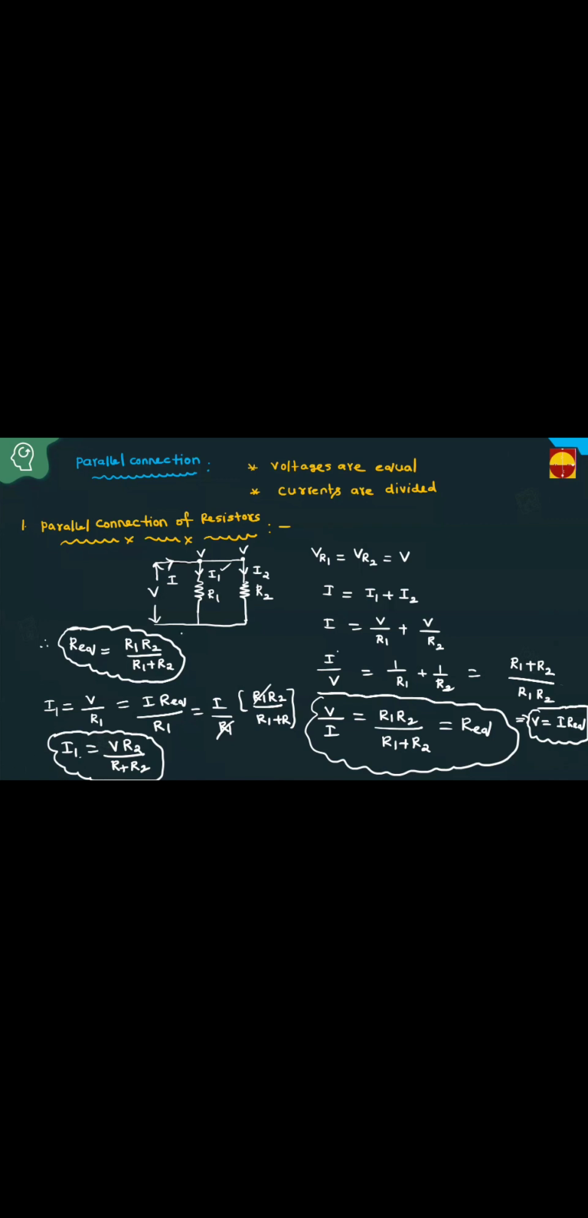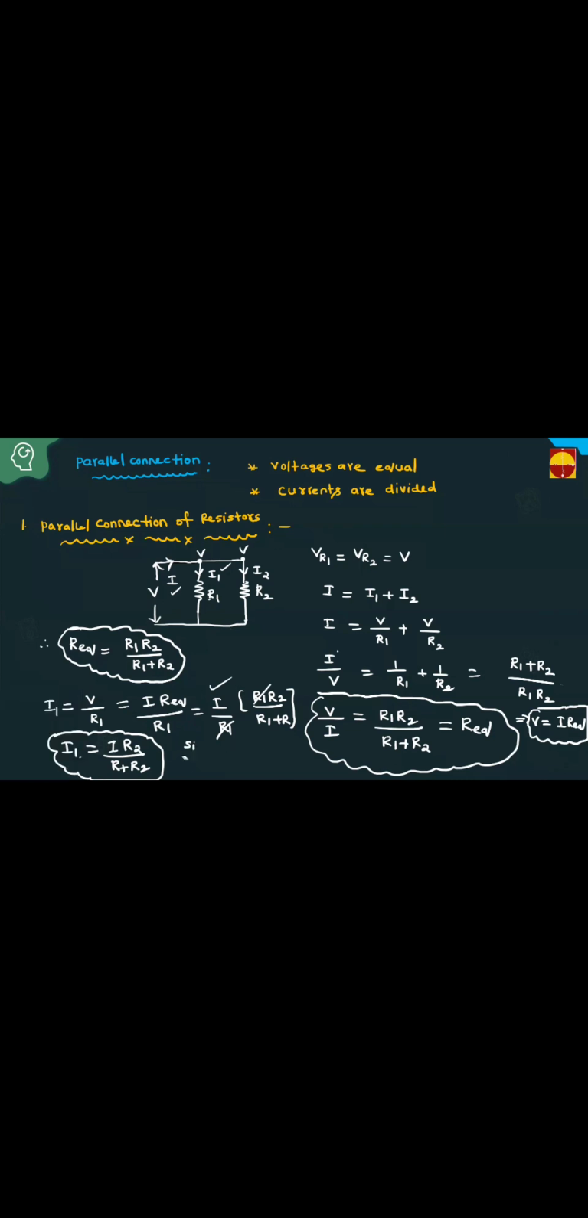Sorry, one minute. This is not V, it is I. This is I. If you have to calculate I1, take the total current and take the opposite resistance. Opposite to this one is R2. That is I into R2 by R1 plus R. Similarly,